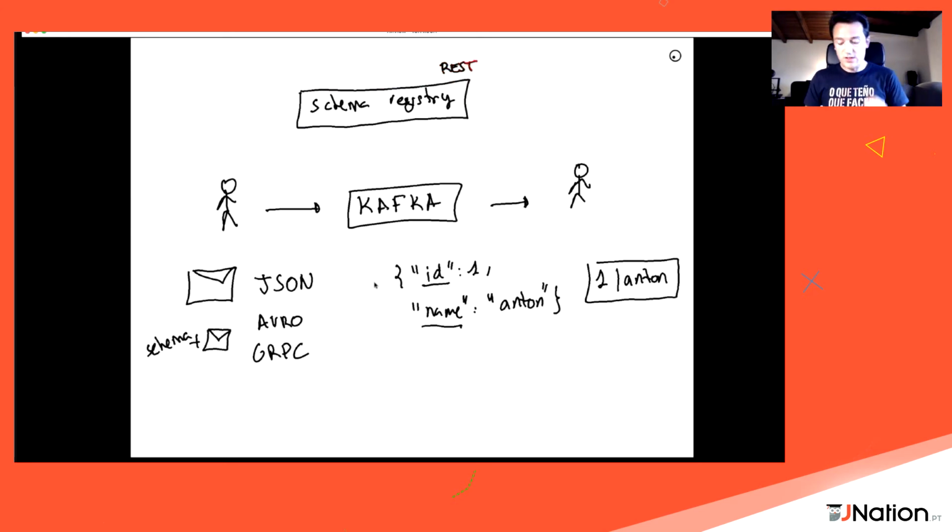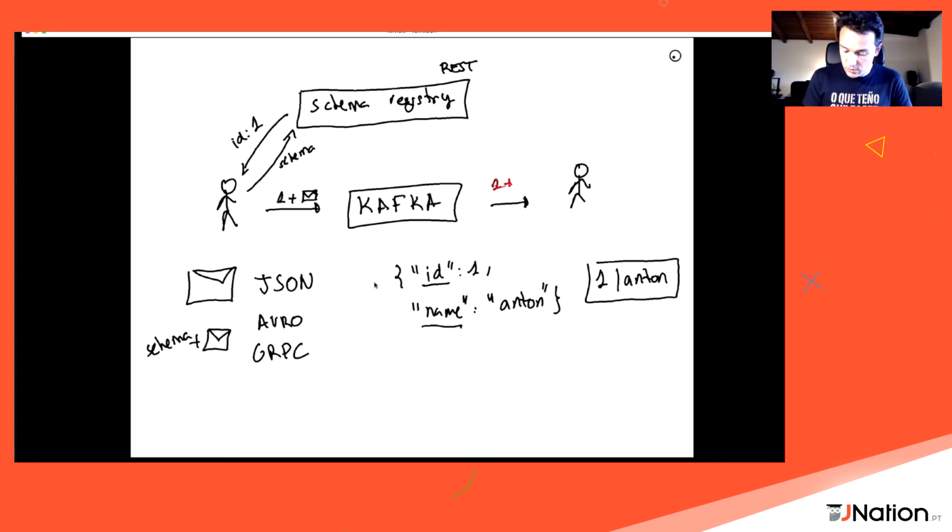What the producer is going to do, before sending the message to Kafka, is invoke this API to send the schema. It's going to retrieve an ID. This is just a number, I think 1. And now it's going to send to Kafka the number and the message.